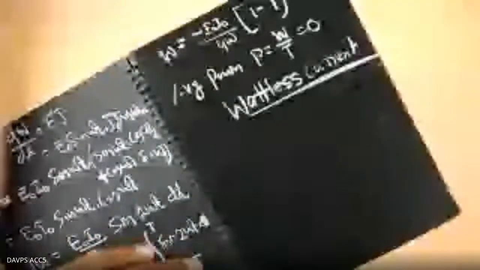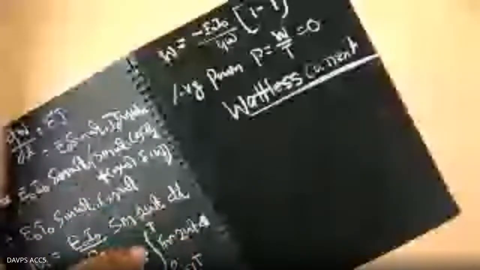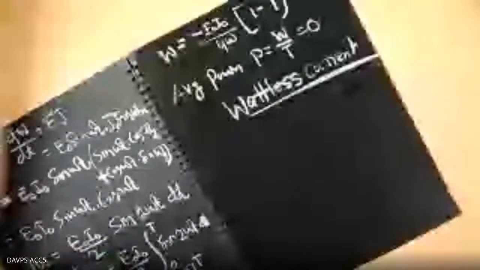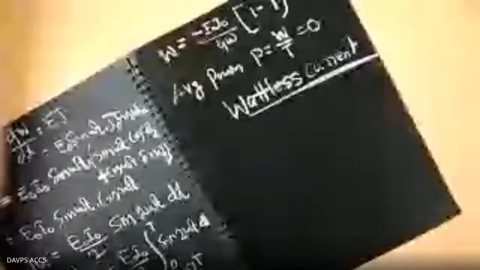Same thing happens in case of the current. Current is there in the circuit, voltage is there in the circuit, but they are in a phase difference of pi by 2 radian, and they do not have that contribution in doing the work. The rate of doing work is not there in the circuit. That is why these currents are called Watt-less current.